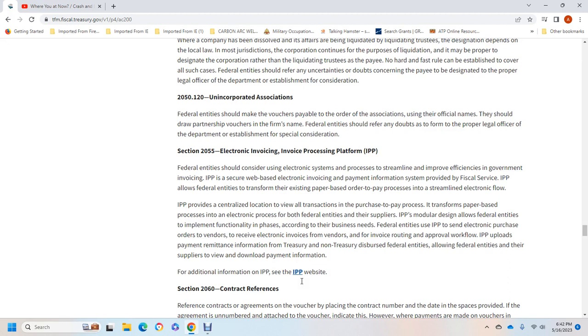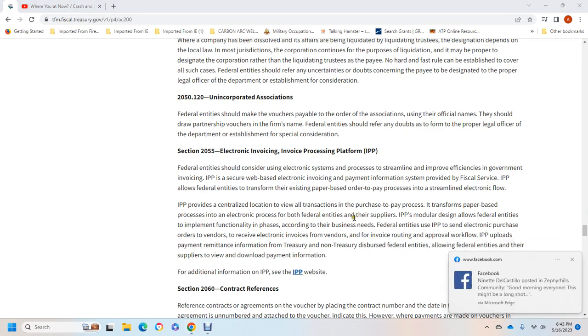The Invoice Processing Platform provides a centralized location to view all of the transactions, the persons paid, the payment process, and transfers, and to process electronic invoices for federal entities and their suppliers. The Invoice Processing Platform's modular design allows federal entities to implement functionality in phases